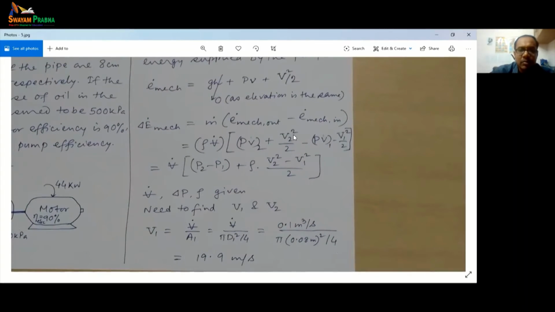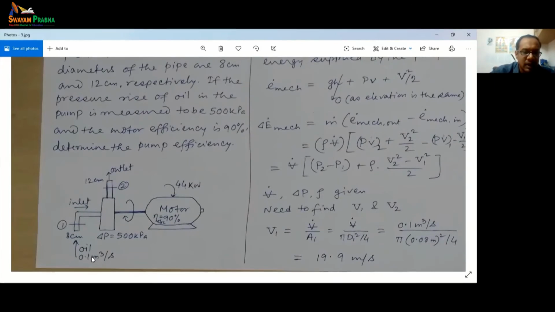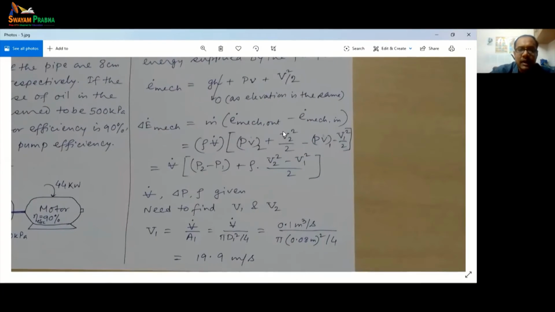Okay, now the mass flow rate is nothing but the density into the volume flow rate. Now we are given the volume flow rate. Here, if you see, this oil is flowing at 0.1 meter cube per second. So that's the volume flow rate. And here for the outlet condition, we have pressure into specific volume at 2, which is the outlet state,